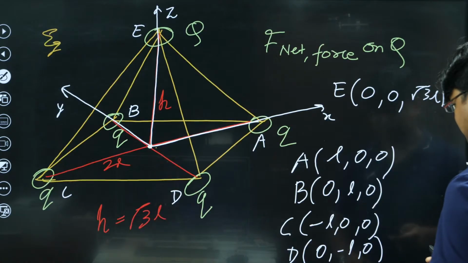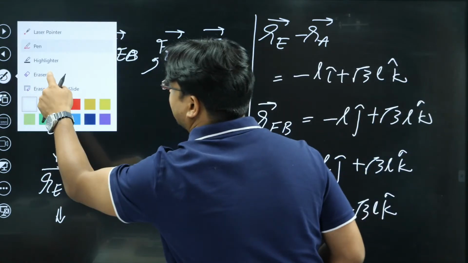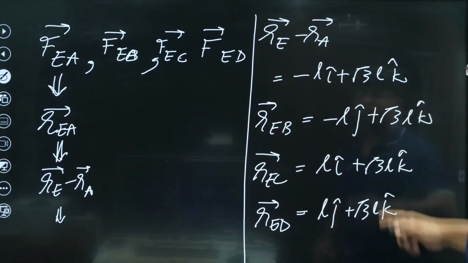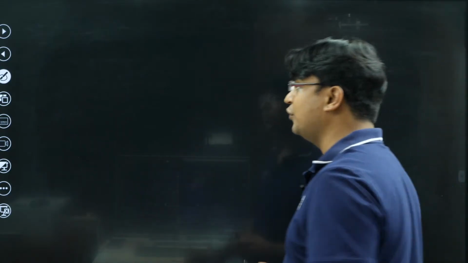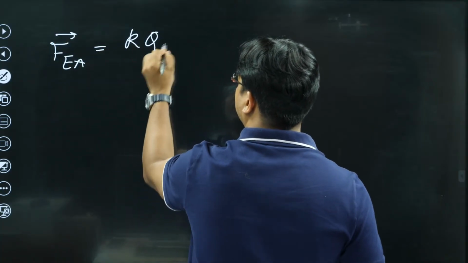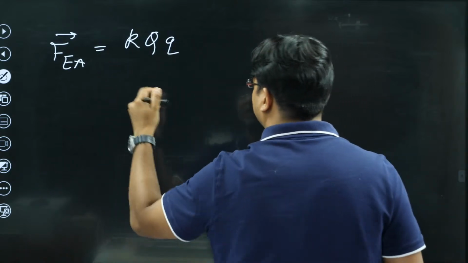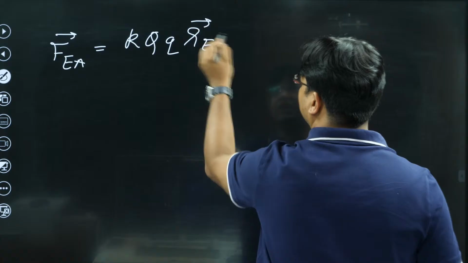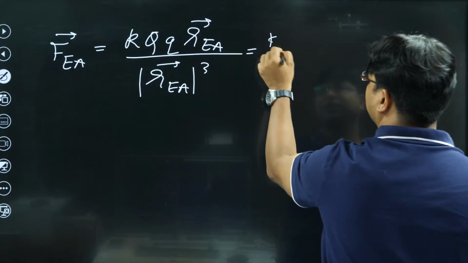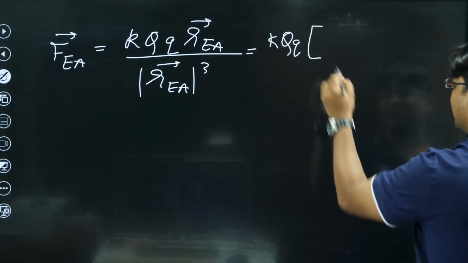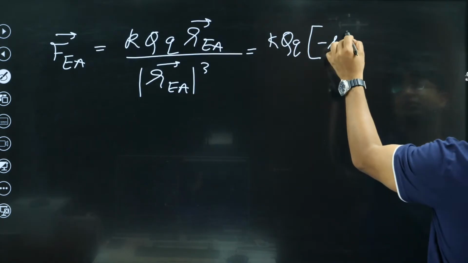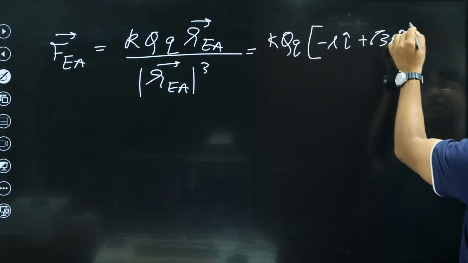This was i cap. Okay, so we have got the 4 vectors. Now we will write the 4 force vectors. So FEA will be written as K capital Q small q, then the vector REA by REA mod cube. So this will become KQq and then minus L i cap plus root 3L k cap divided by